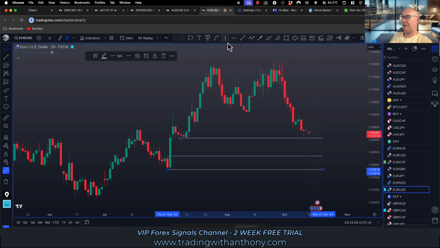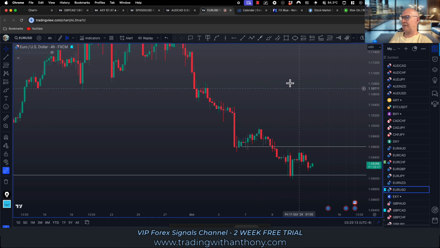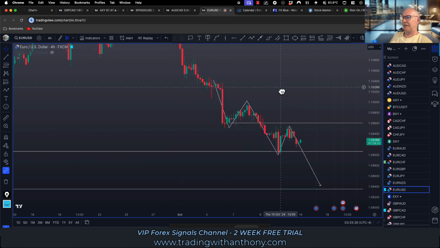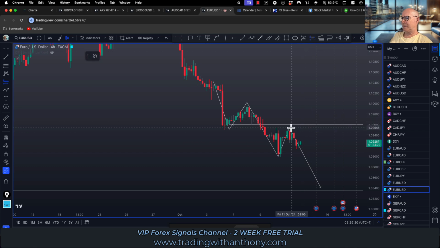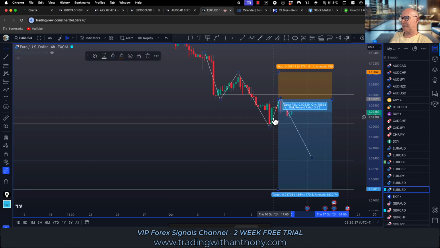On the 4 hour, in fact, I'll just mark up this base of this bearish order block as a point of interest. Now we'll go down to the 4 hour. All right, so we've got this level here, potential resistance, and I'm looking for continuation pretty much, right down into this level here. Now, this would have been an ideal entry point, short position, stop above the high, but I kind of missed the boat